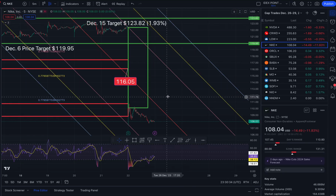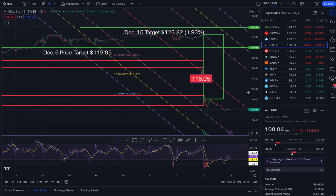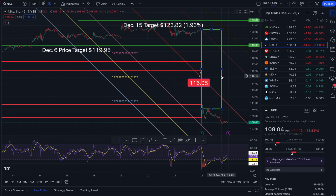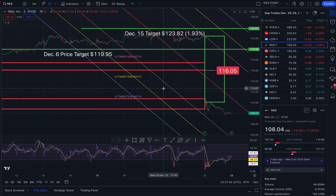Nike, this crashed and burned. You know the saying, you go woke, you go broke. This crashed and burned, and I actually do own this, but I do anticipate it will in the future go back up because they are doing some major cost cutting things, trying to make the stock go back because it's bad. And I believe they are cutting employees as well. Once they do that, just like Facebook ran like crazy,